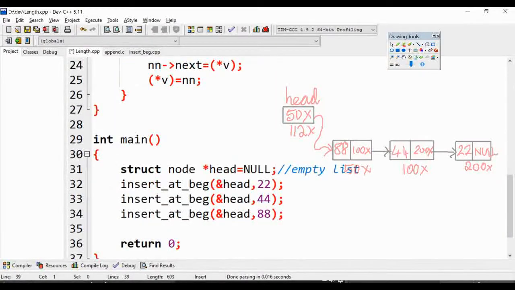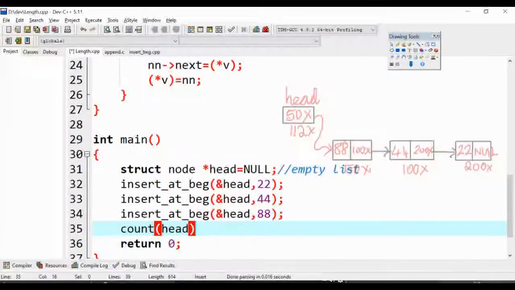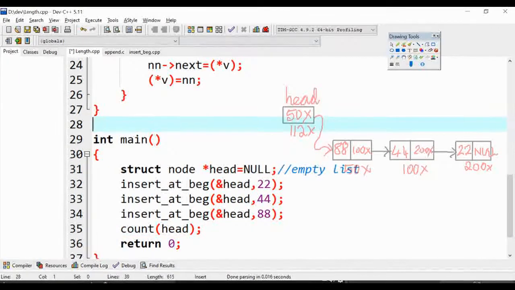Now let us write the function call. Let me name my function as count and I'm going to pass head here instead of the address of head. As you know, if you are passing a reference, there will be a modification in the logical structure on any operation. But here I'm just going to display the content alone. So it is head alone. Okay. So let us write the function definition.